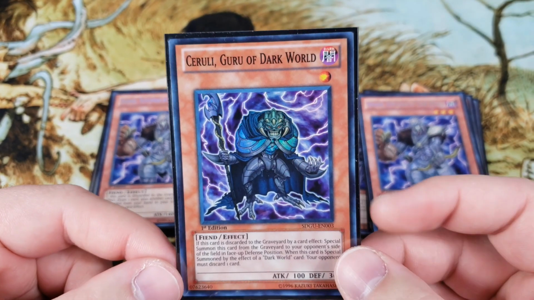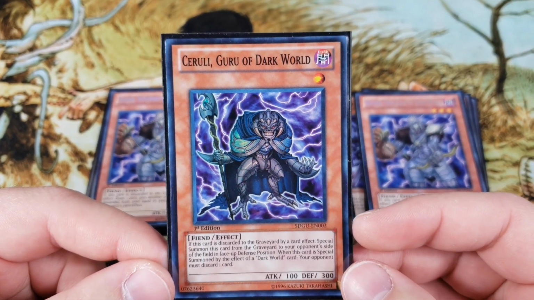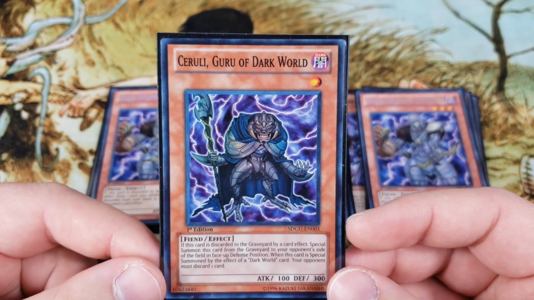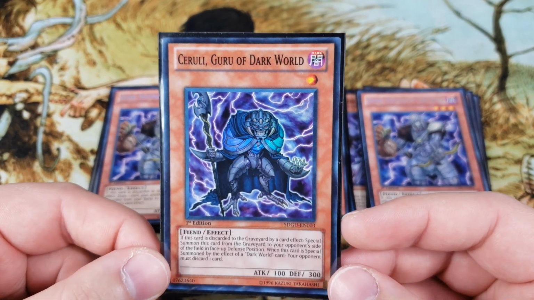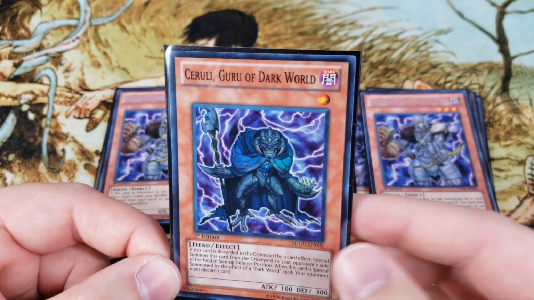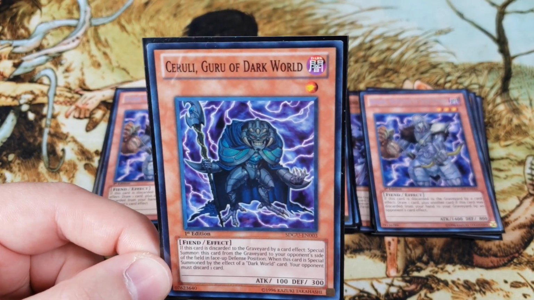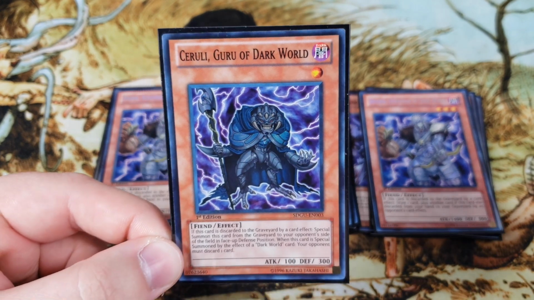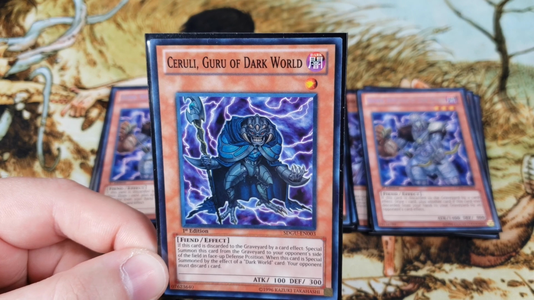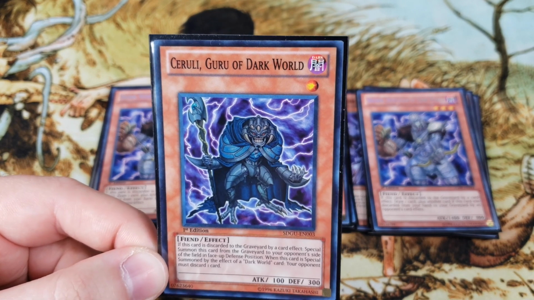And to round off the Dark World monsters, we play 1 Ceruli, Guru of Dark World. This is going to be the main way that we activate the secondary effects of most of our Dark World monsters. If Ceruli is discarded, you can special summon this card to your opponent's side of the field, and then its effect becomes your opponent, you,